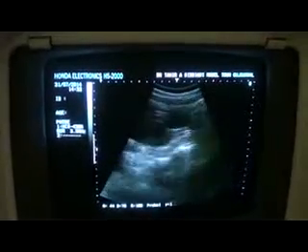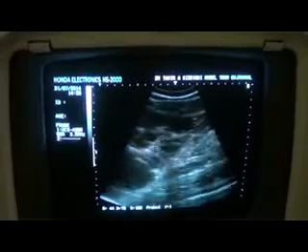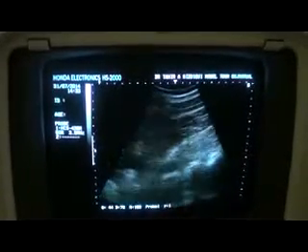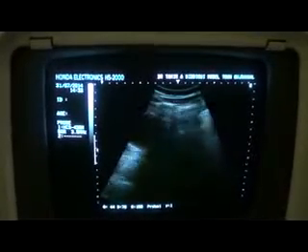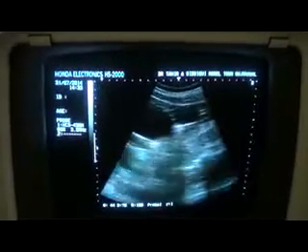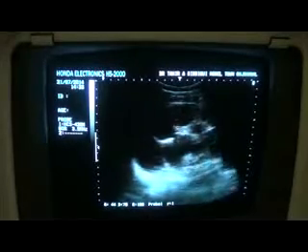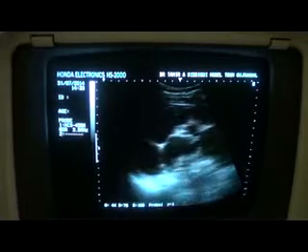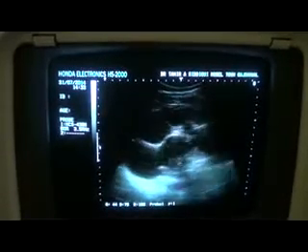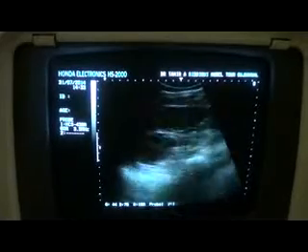Initially the ultrasound was performed with the patient in supine posture. Now it is being performed with the patient in left lateral decubitus posture. Maybe I can get the proximal ureter. Now this is the kidney, and you can see the communicating areas appearing cystic,